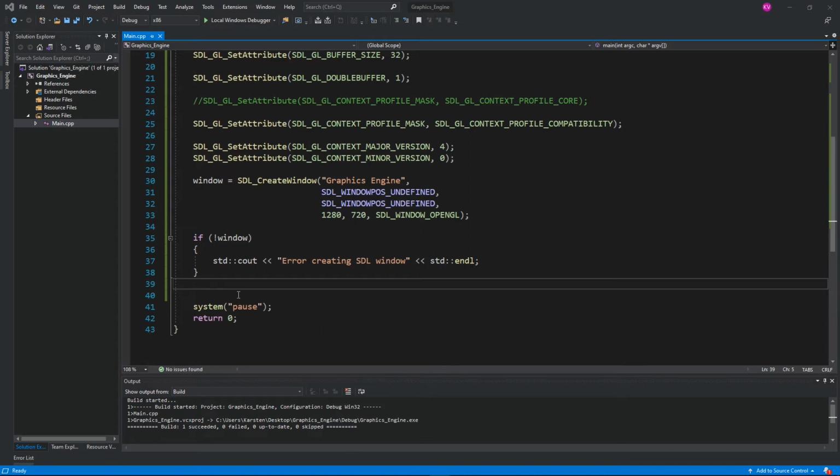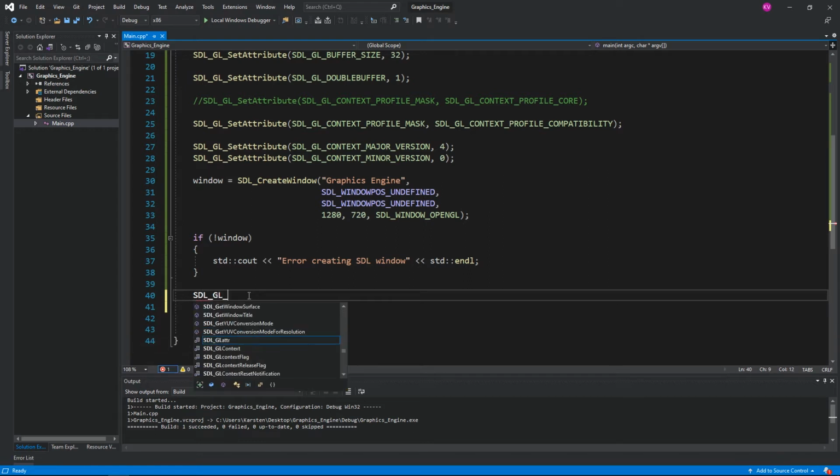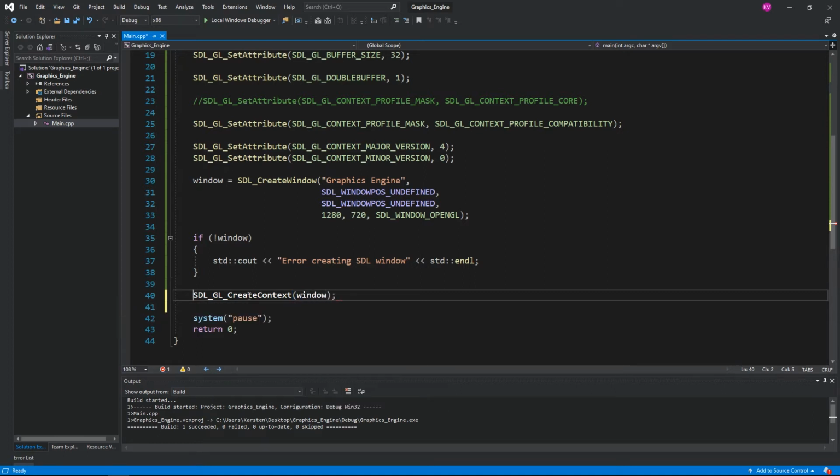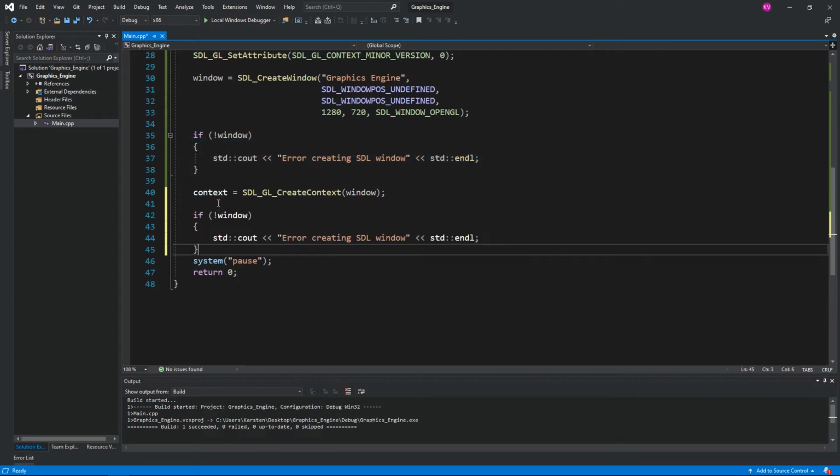Again, the OpenGL context is the environment, or like the canvas we're going to be using to draw in. Just like a painter has a canvas to draw on, we need an OpenGL context to draw within. So to do that, we call SDL_GL_CreateContext, and we just pass in the window handle. This is going to return a handle, so we're going to store that in our context pointer, like that. Okay, and again, if that context is null, something went wrong, so we can just copy that,